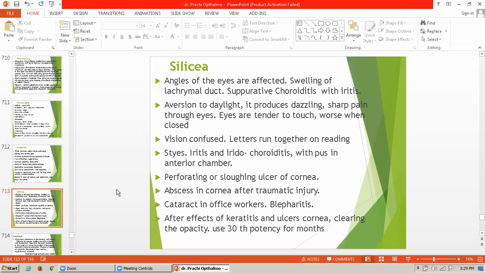The next remedy is Silicea. In Silicea, the angles of the eyes are affected, with swelling of the lacrimal duct. There is suppurative choroiditis with iritis. Aversion to daylight, it produces a dazzling, sharp pain through the eyes. Eyes are tender to touch and worse when closed. Vision is confused, letters run together on reading. Styes, iritis and iridochoroiditis with pus in the anterior chamber. There is a perforating or sloughing ulcer